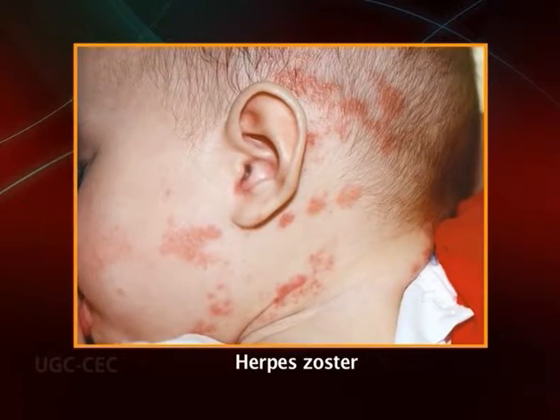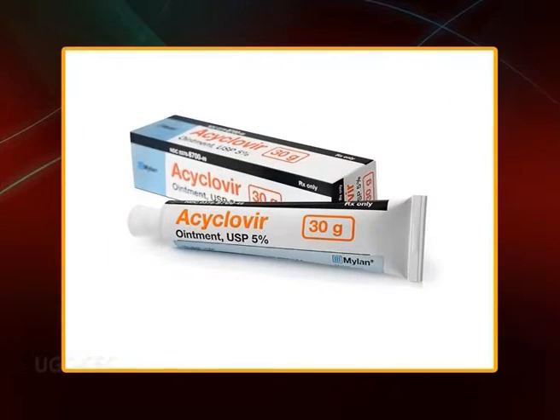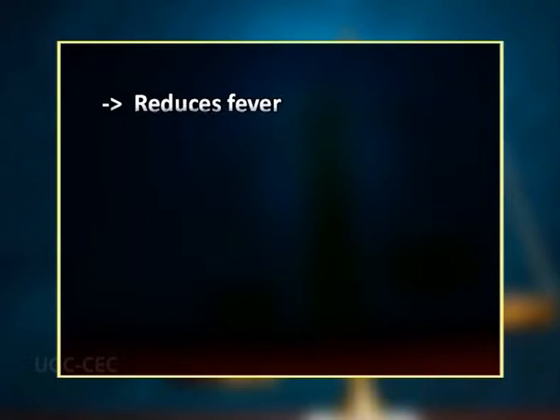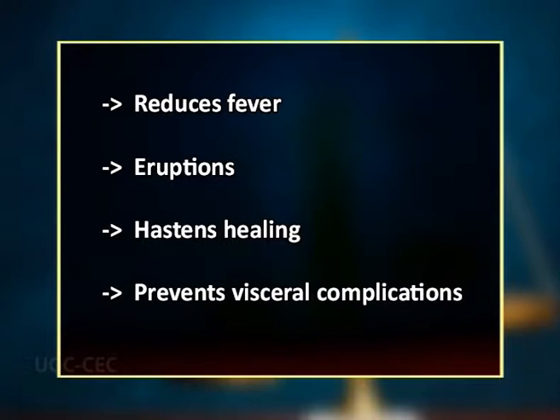Herpes zoster: the varicella zoster virus is less susceptible to acyclovir. As such, higher doses are needed and it should be used only in immunodeficient individuals, or in severe cases; acyclovir skin cream may be applied on herpetic ulcers. In chickenpox, only patients with immunodeficiency and neonates call for specific therapy. Acyclovir is the drug of choice; it reduces fever and eruptions, hastens healing and prevents visceral complications.